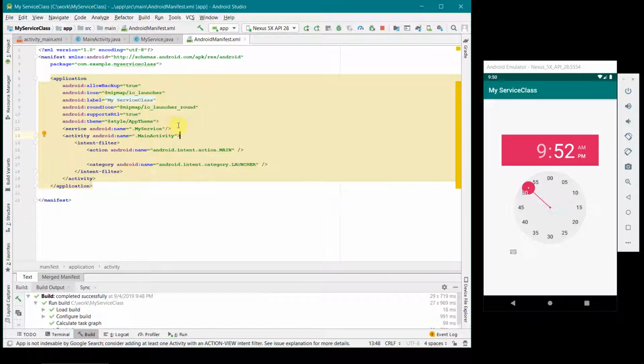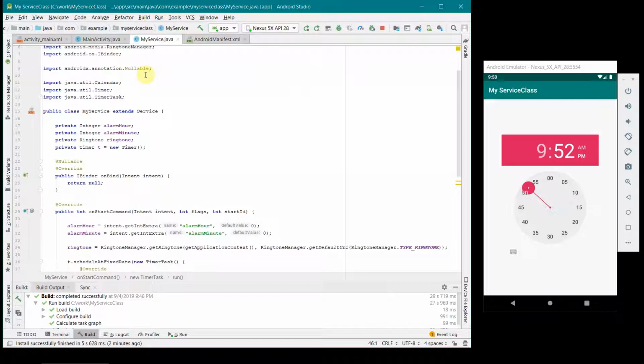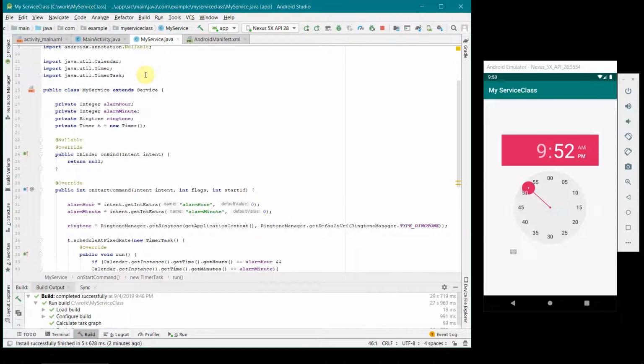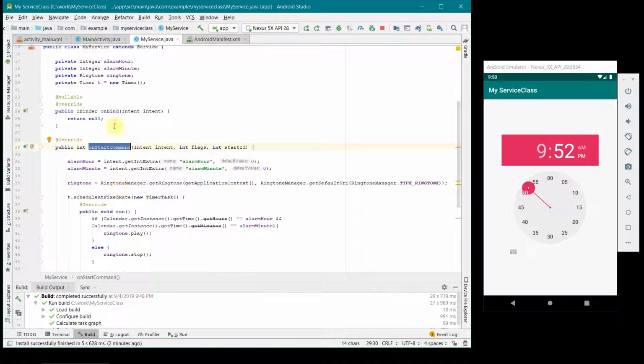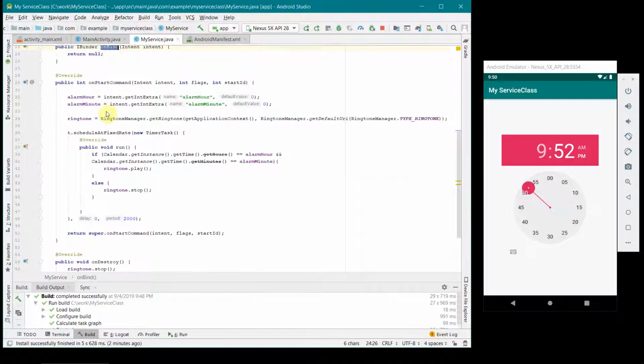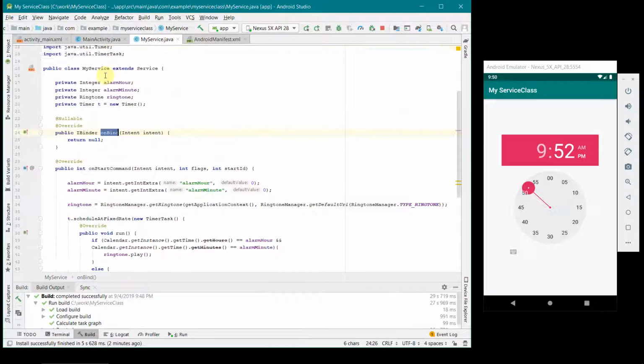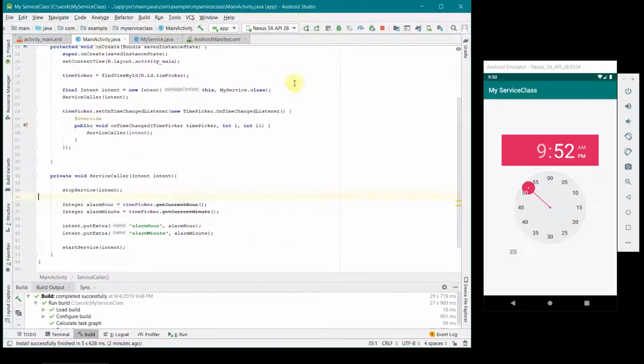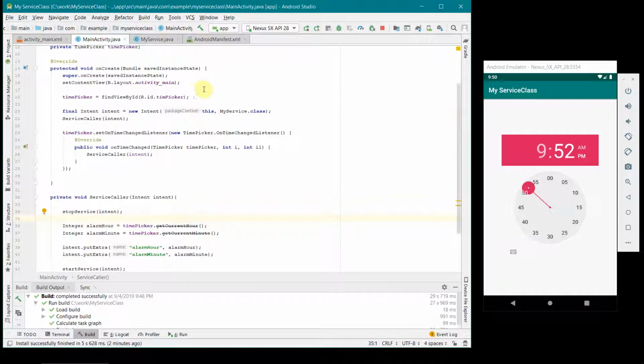In the XML file, you have to just make one line entry inside the application node, and once you have done it, inside the service class you can do whatever you want to do. There are various default methods which you can create, like onStart, and you can also use the onBind method for certain operations, then onDestroy, onStop, various methods. And for this specific example of an alarm clock, you can just create a vision, and then you can take it over here.